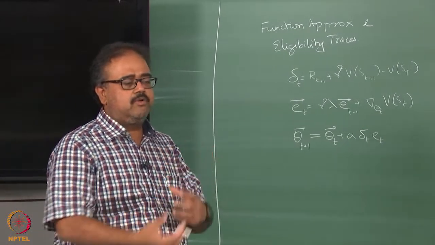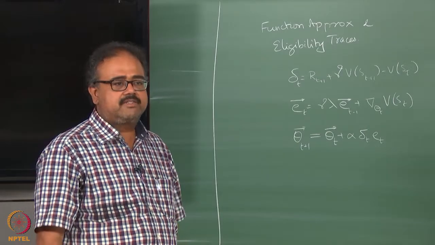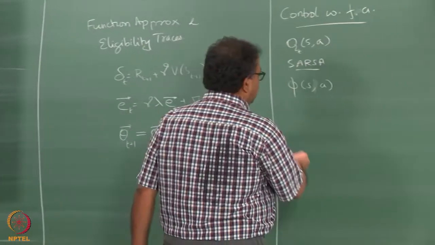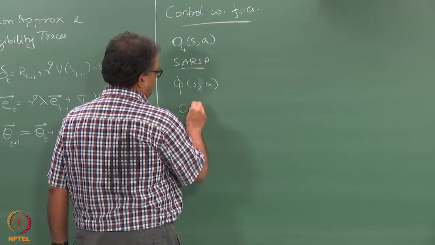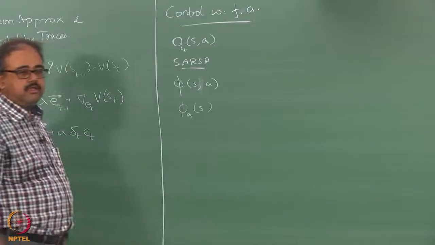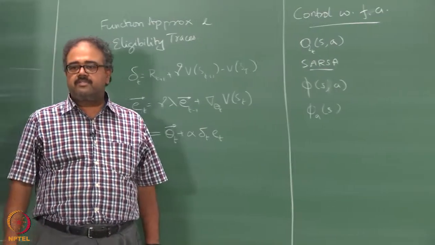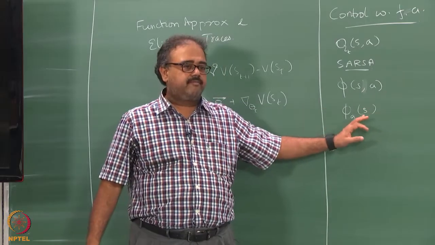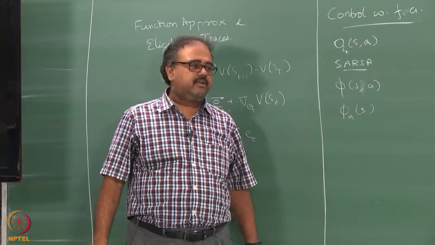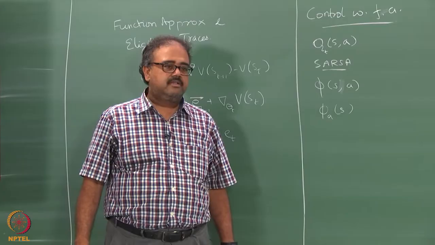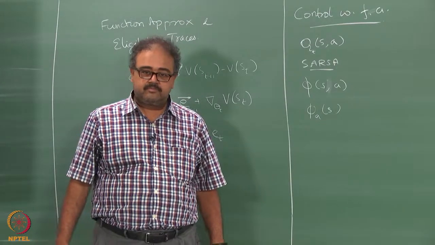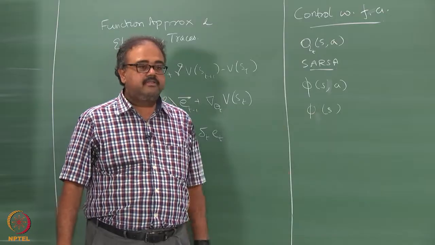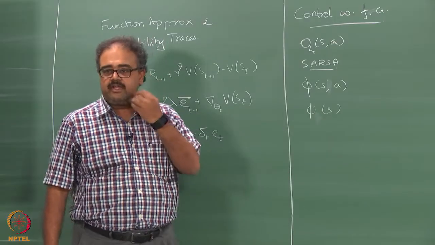So these things are more locally compact and you will not have too many actions. In that case, you do not have to explicitly encode the actions; you could just have a different set of features for different actions. Alternatively, you could have the same set of features for different actions, but